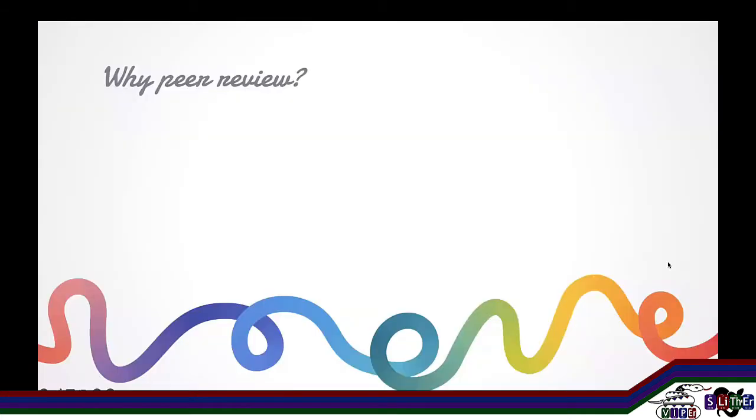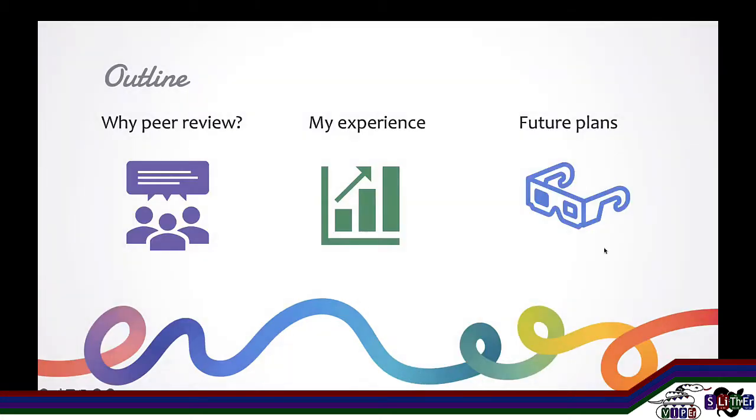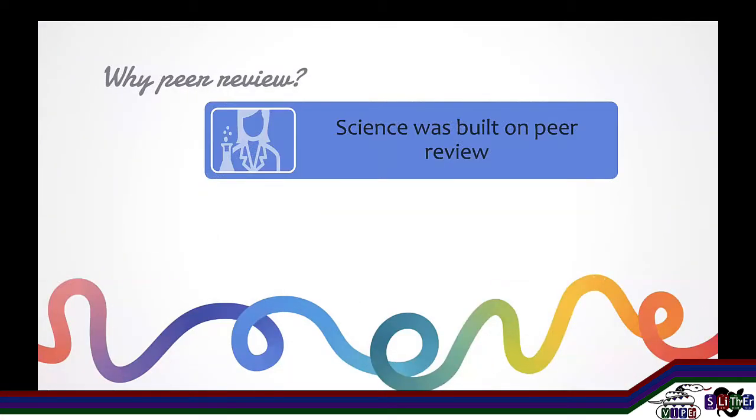So why peer review? Here's a few things that I've thought of as why peer review in our classes is a good thing. The first thing is that science was built on peer review, and we know this from our own experiences. But sometimes our students don't get this, sometimes not at all until they do research with us. And then they really see that there is this collaborative process and the accountability of fellow scientists that goes into how science gets published and how science gets really done.